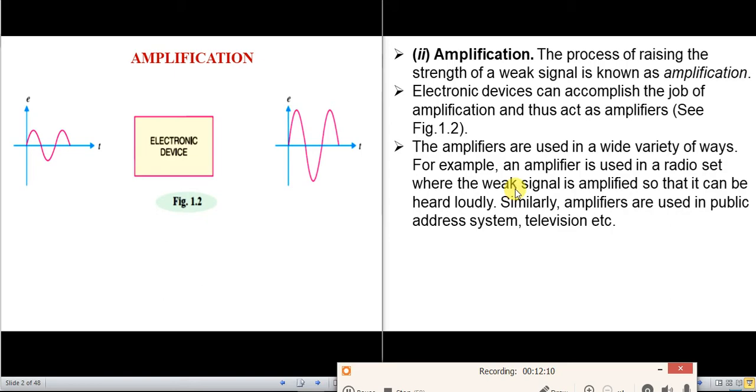So amplifiers are used in all the radio sets. Even our TV is a radio, our AM is a radio, our FM is a radio, our mobile phone is a radio. Our public address system is again an amplifier system. So basically all the communication devices are one or other type of amplifiers or receivers or transmitters. Basically it is all the receivers, meaning televisions, mobile phones, which can communicate. These contain amplifiers.